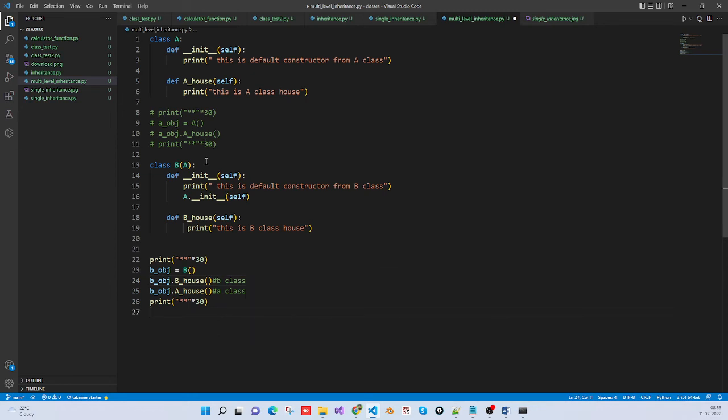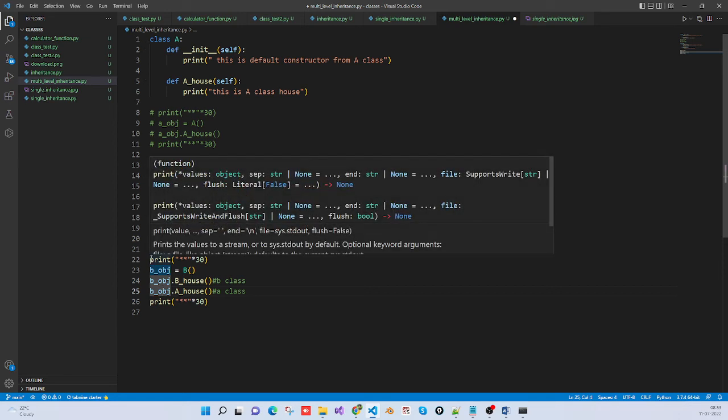Okay, if you observe the program, you will understand, guys. Now what I'm doing, I created two classes. I am inheriting A class in B class. I am using A class methods in my B object, indirectly in my B class. Now this is like a single inheritance only. If I want multi-level, now